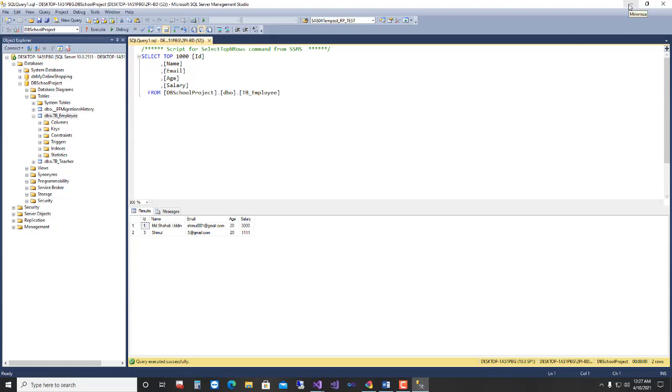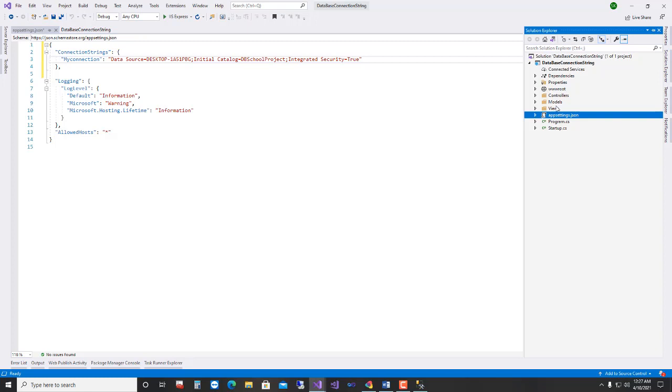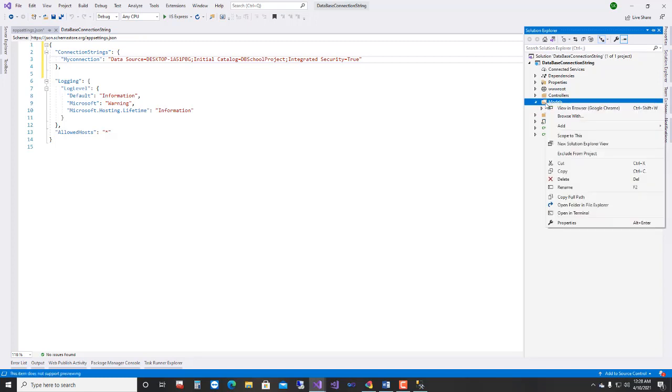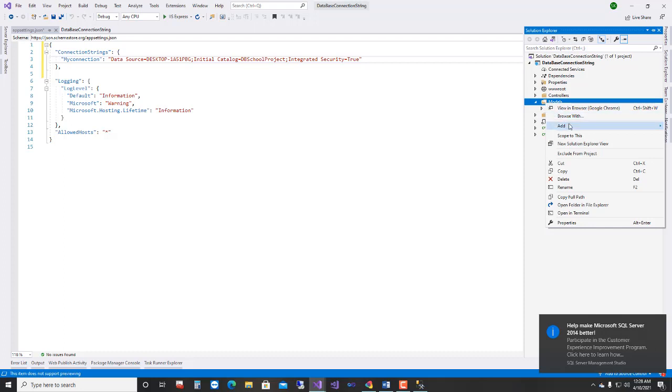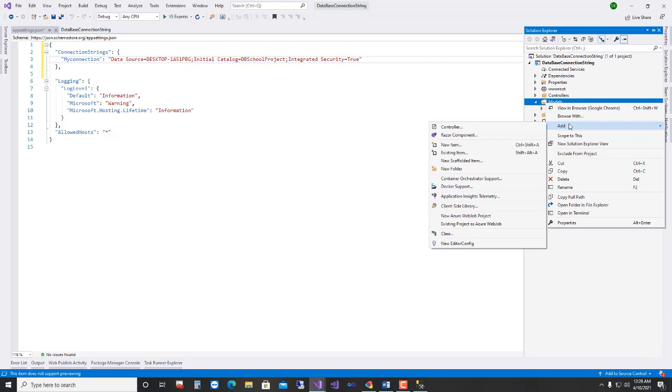Okay, now I am back to my project. So now I will create a model for the employee table, because I will pull data from the employee table.